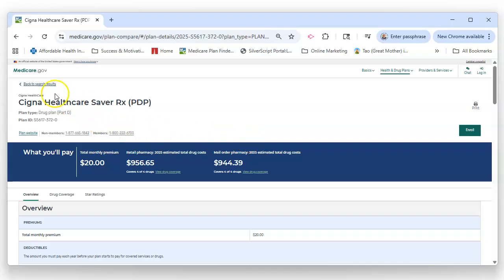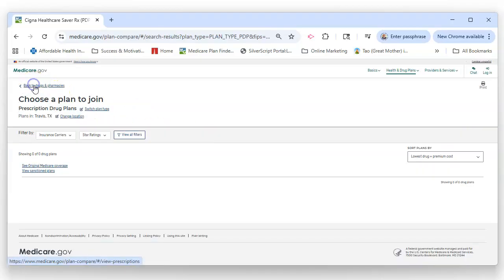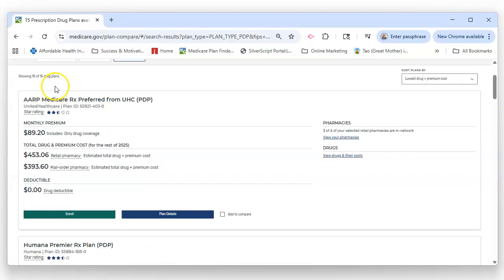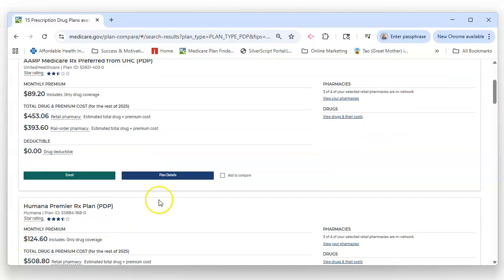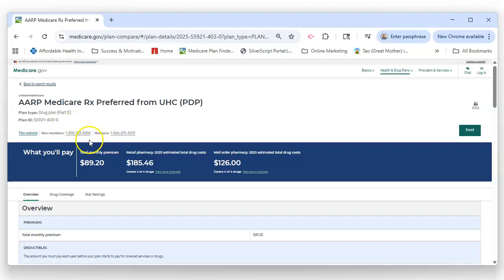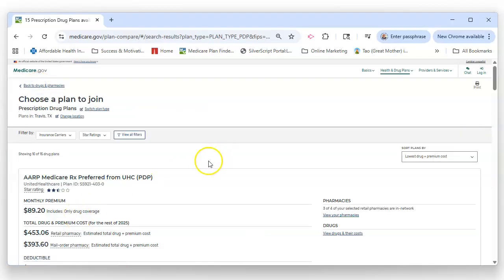Now, you can go back to the listings by clicking up here and back to search results, and go back through these plans and select a plan. And remember, each plan, if you go into the plan details, you'll be able to see their phone number at the top, and of course go into the details of the plan. Nice 15-minute video here for you to give you the rundown on how to analyze and compare and enroll in a prescription drug plan yourself on the